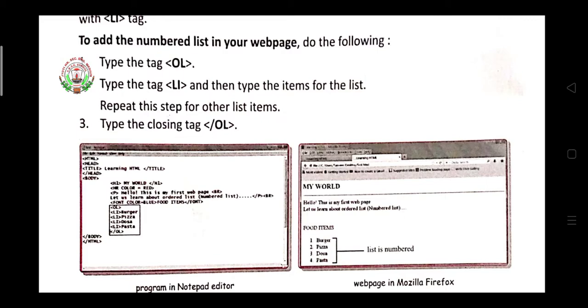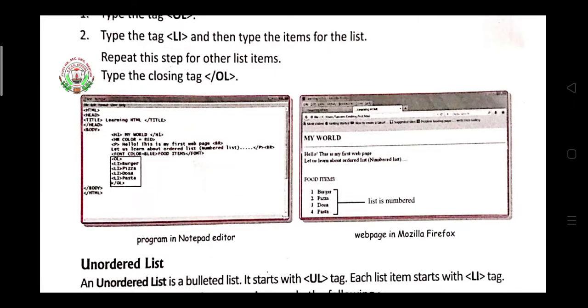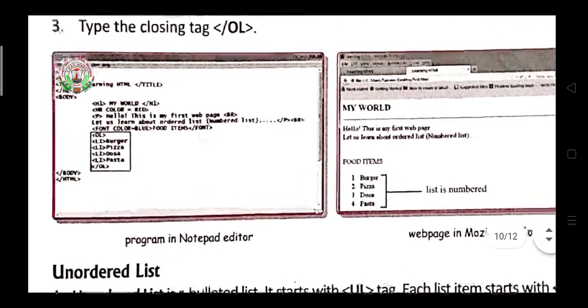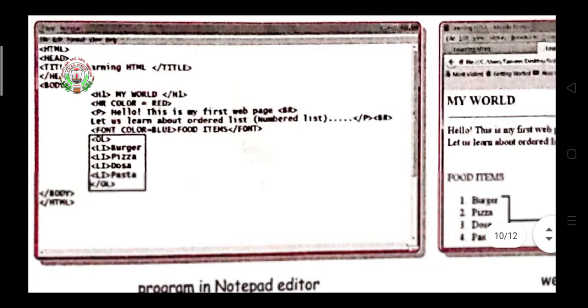After completing the list, you have to close the ol tag. Here ol is a container tag, which means the tag has an open tag and a close tag. After the body tag you write ol, li burger, li pizza, li dosa, and at the last ol is closed.